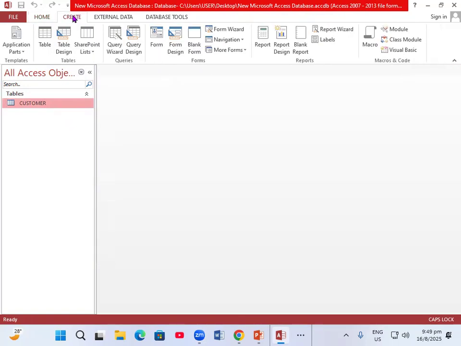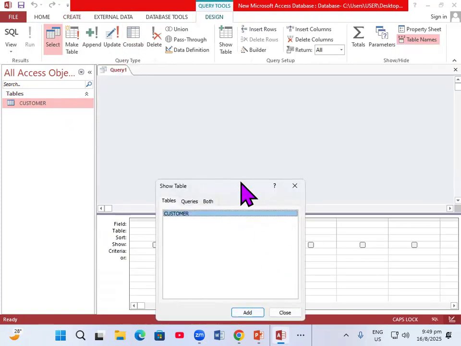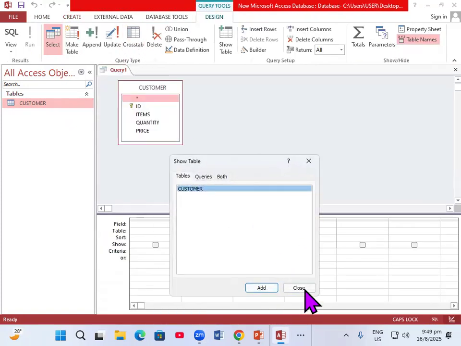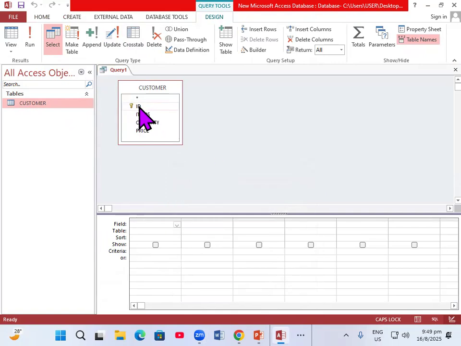So first we want to come right up here, Create, and then we come right here, Query Wizard. We're going to come right here, add it, close it. You're going to click on the ID, the quantity right there, and then we want to put the item. So under the item, what we definitely want to put